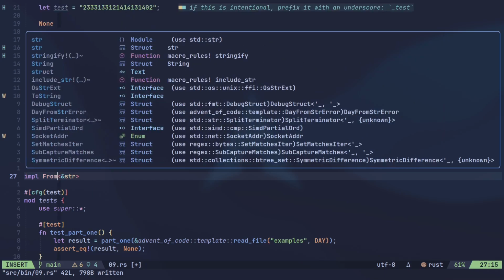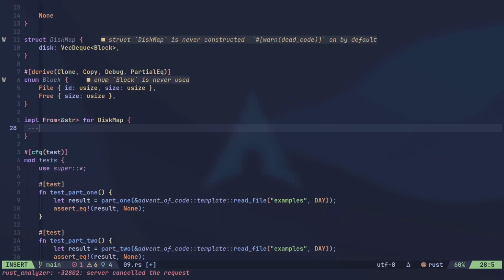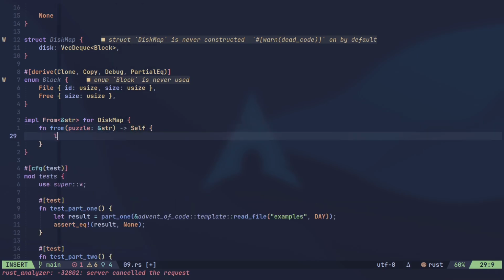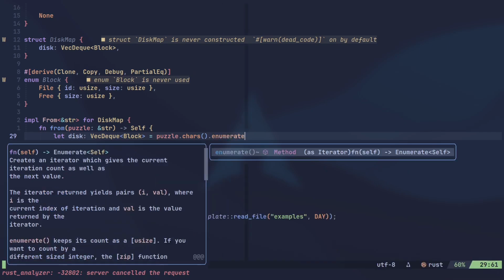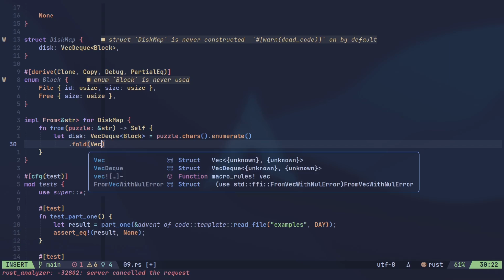Then I want to implement the From trait, so From<String> for DiskMap, because we get the puzzle input as a string as usual. We return Self. So let's start with disk. This is of type vector of blocks. So we take the puzzle, we iterate over the chars, we enumerate, so we get the index, then we can fold. So let's create a new vector,